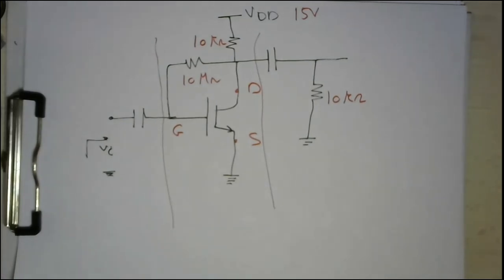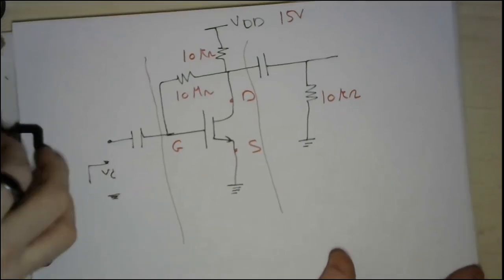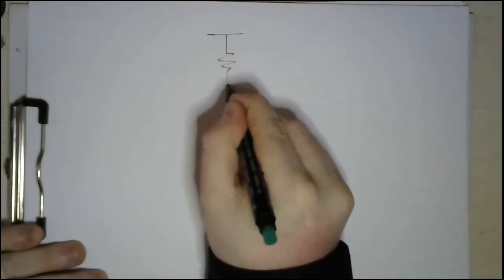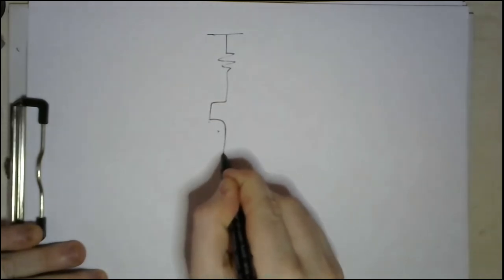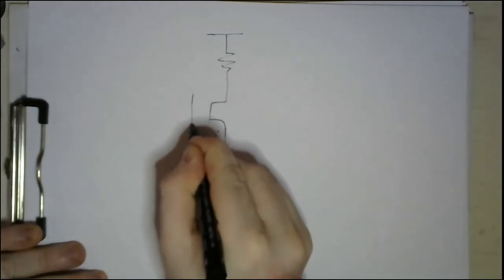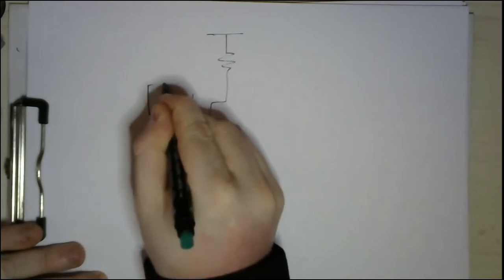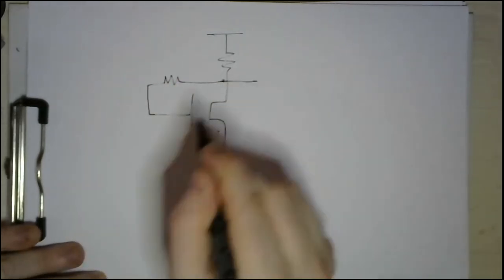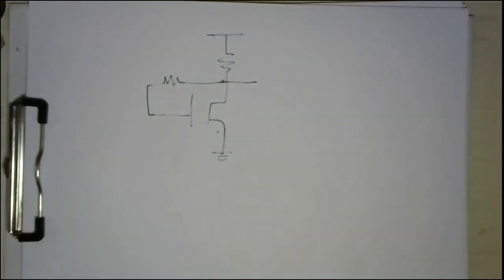As a first step, my recommendation is to replot the circuit again, considering only the DC component. So you will have